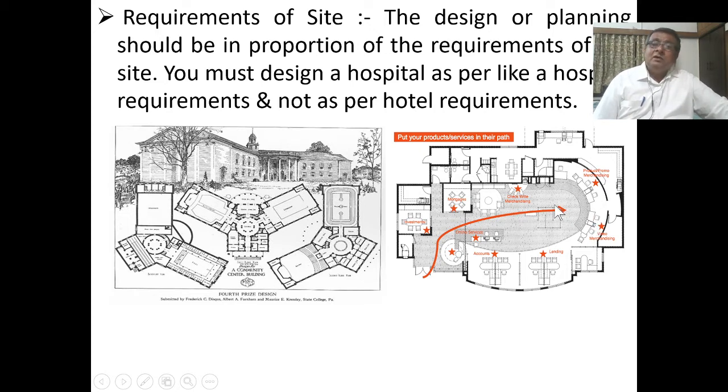So this is the requirement of this site: put your product services in their path. So the architect has proposed these service counters during his visit to his main service area.